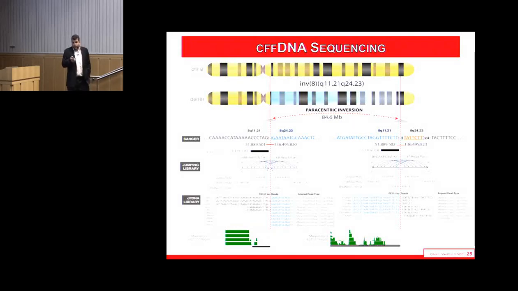And the only reason that this hasn't become a widespread test in genomics is because we can't really. So we threw all of our methods at it. The jumping libraries jump right over the breakpoint quite nicely. We get 68 reads on one end and 37 reads on the other. But it turns out it's sitting right on a LINE element. And so no matter how deeply you sequence this cell-free fetal DNA and try to align these small fragments, up to 140 base pairs, we never got a clean split that we could pick out sitting on the LINE on one side.